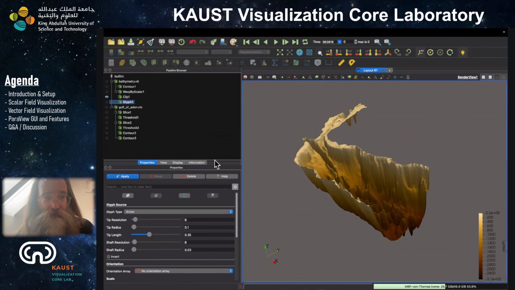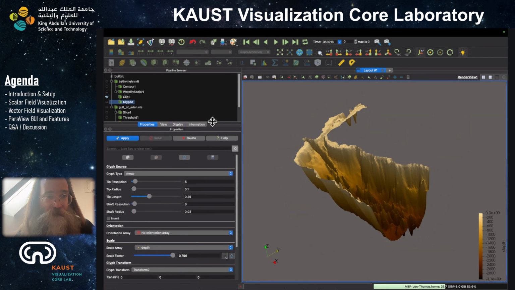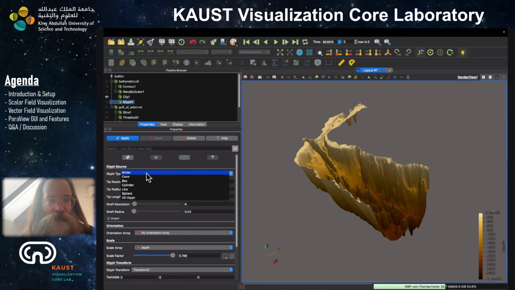Always use the properties. Let me scroll it up a little. There are a bit more parameters here to set. I want to go a little bit through them. Most of them are not so important. The glyph type, we want to use arrows. You can use different ones, this is simple, you can just switch them and look at what it looks like. But usually an arrow, because that's why we call it an arrow plot. We want to use